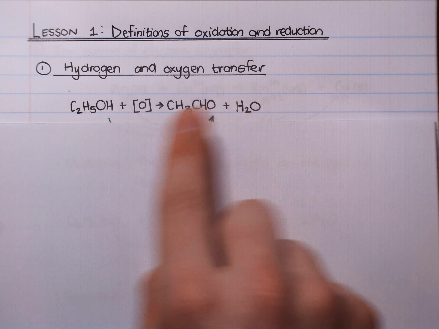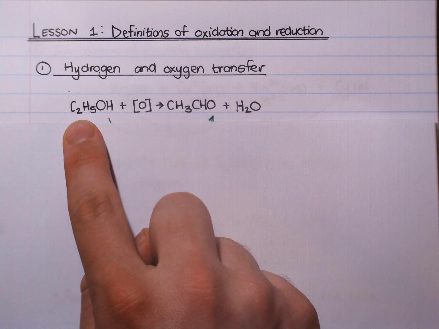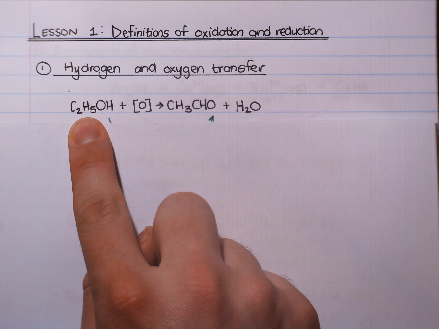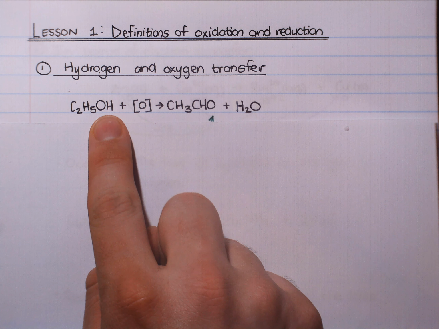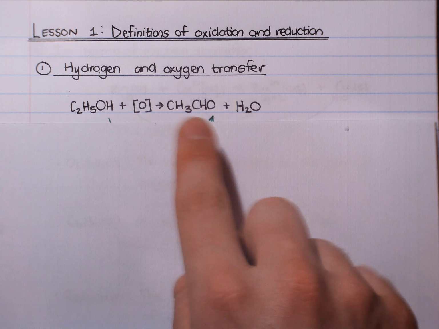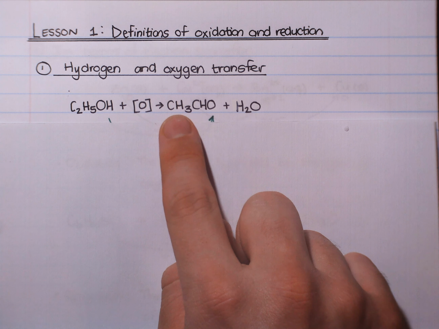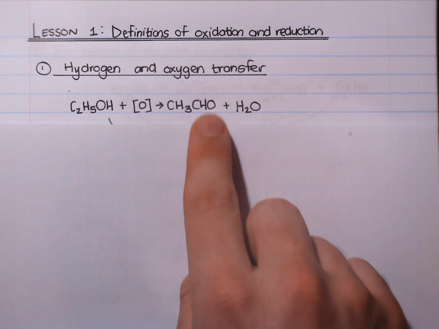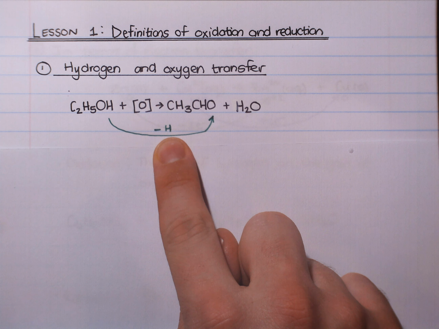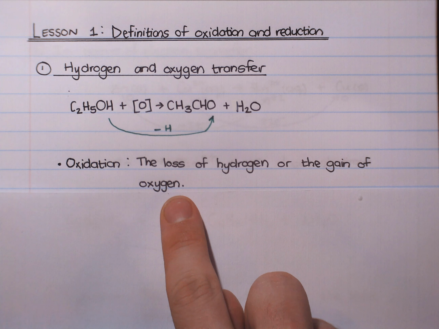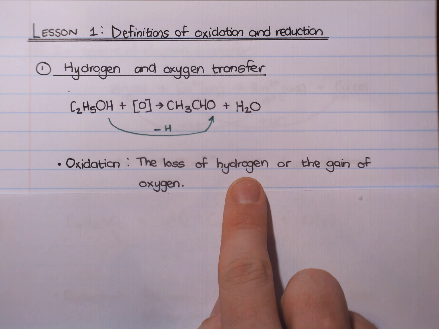Now what changed? If we look here, C2H5OH, we had 5 hydrogens plus another one, 6 in total, 2 carbons and 1 oxygen. On the other side, we've got 2 carbons, 4 hydrogens and 1 oxygen. So our carbons and oxygens are the same, but we have lost a hydrogen. And therefore, our first definition of oxidation is it's the loss of hydrogen, or it could also be defined as